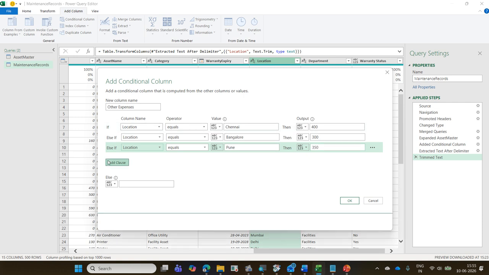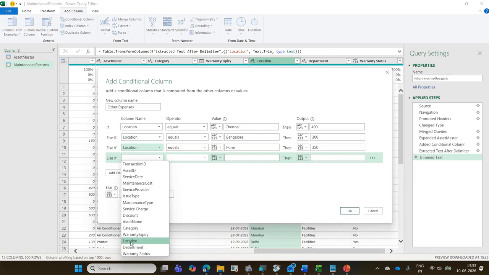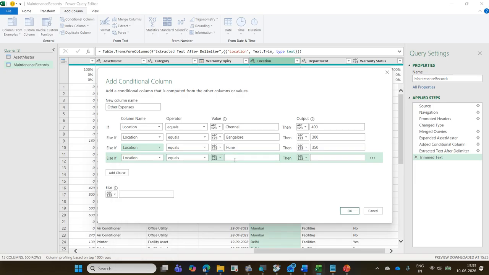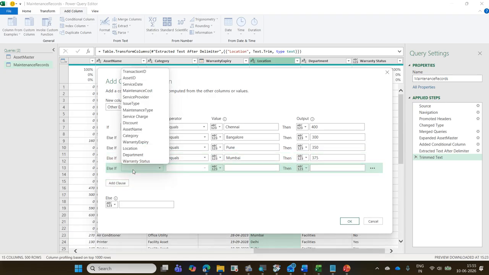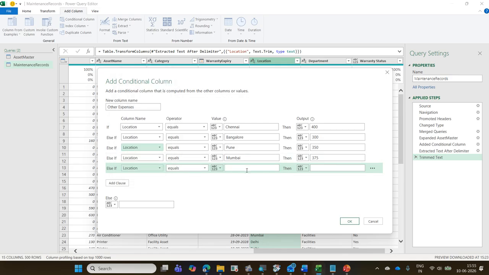Actually, here one challenge is that this warranty status and other expenses data type is not correct. Finally, we will change all the data types into a proper data type. We'll finish off the last formula. So the last formula I want you to try in this exercise is